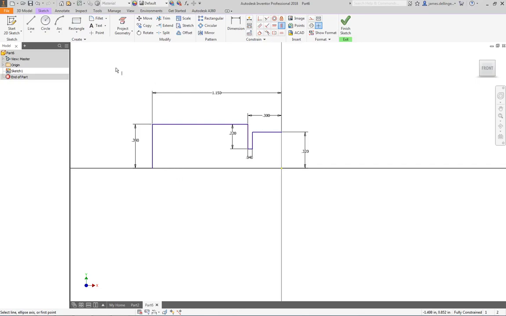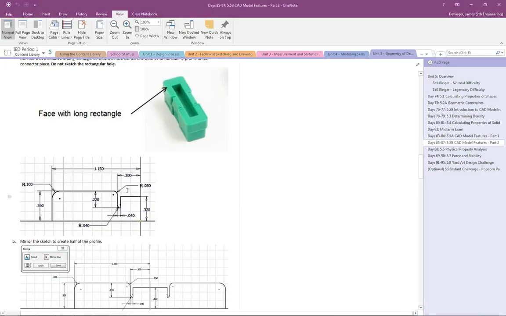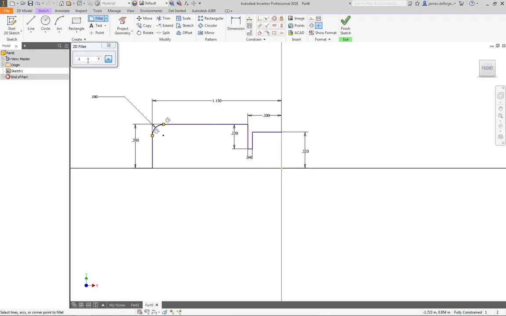All right, so let's go ahead and click on fillet. I know for the example that this is 0.1, so I'll just put that 0.1, and then I will click that there. And then if I go over, this is 0.05 and this is 0.04. So I'll just put 0.05, click that. 0.04, click that. And then now I have that profile drawn out. So all I have to do now is make my axes that I want to mirror